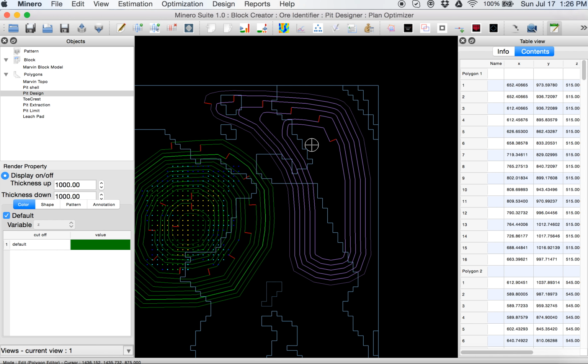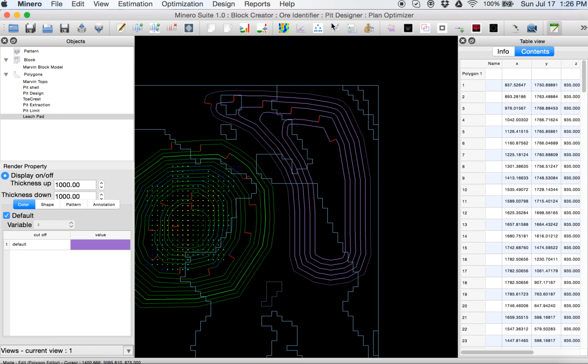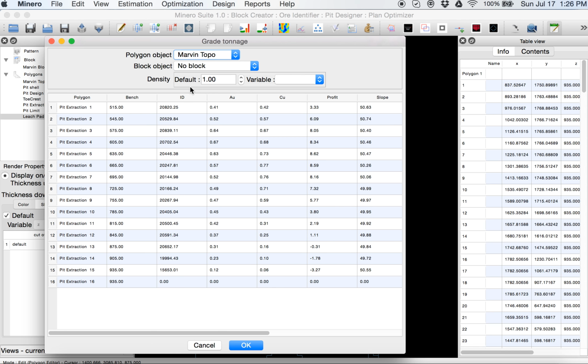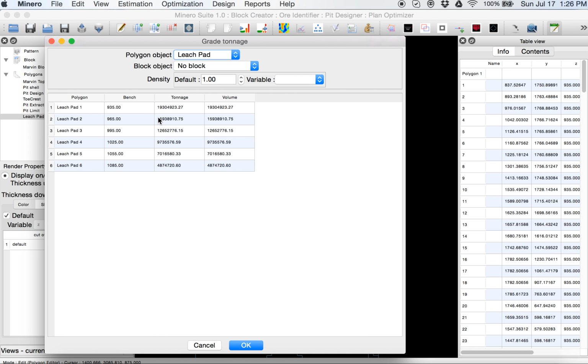We can use offsets for small areas, narrow areas, or any type of designs. We can definitely get tonnages and grades for this leach pad that I created here. The leach pad will have tonnages and volume, bench by bench or lift by lift.